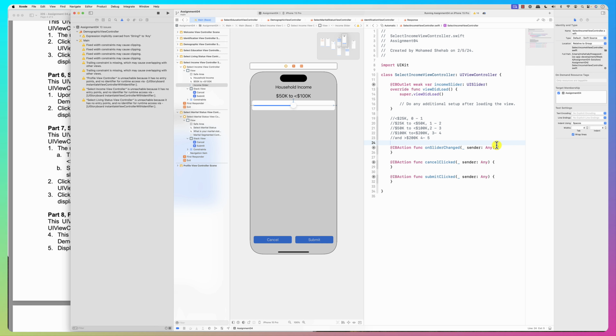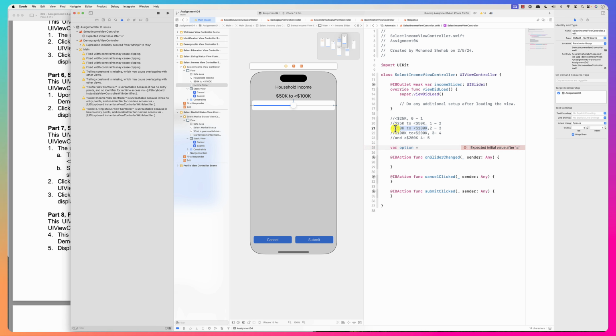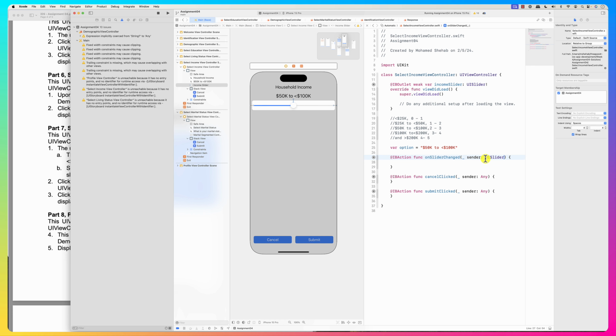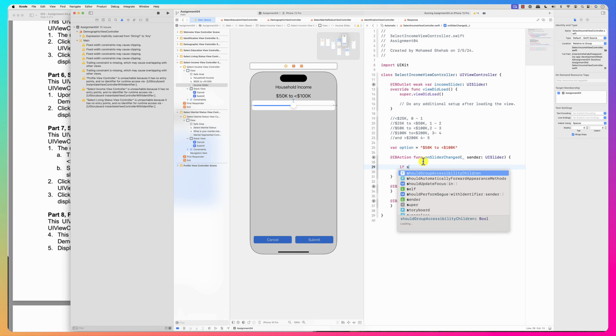So now we just need the value. So basically what I'm going to do on the slider changed, right? Okay, so now in order to do this, as you move it, the value changes. Okay, good. So now we can do a var option equals, and it is going to be the middle one to start with, which is this one, right? Here we are. Okay, good. So now on slider change, and this is going to be the slider, right? If slider sender dot progress